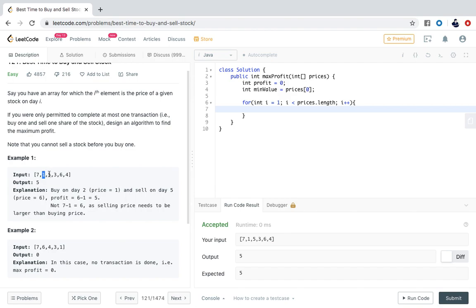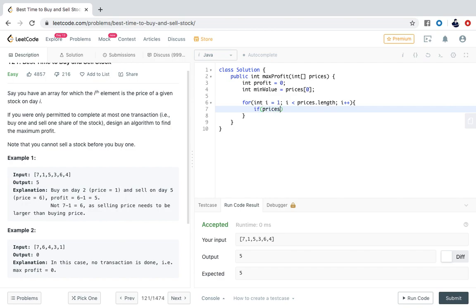But if it's not a minimum value, then make sure you have the old profit, and then find a new profit by subtracting the minimum value from this number, and then compare the two profits. Whichever one is greater, that will be our answer, and we keep doing that. We just use one for loop and go to the second number, third number, fourth, fifth, sixth, and so on. So our first condition was,